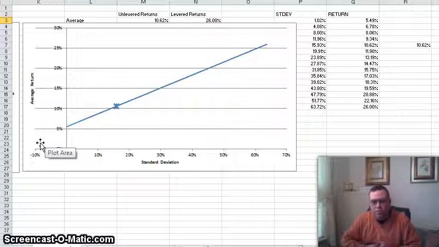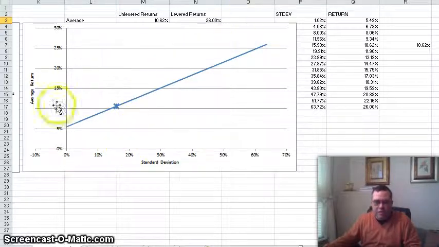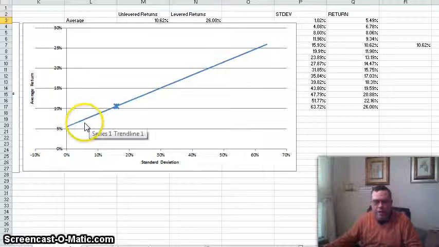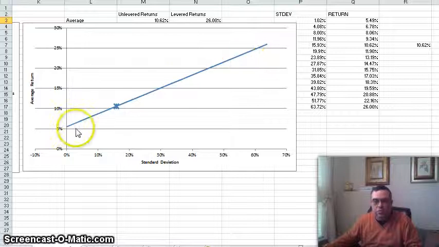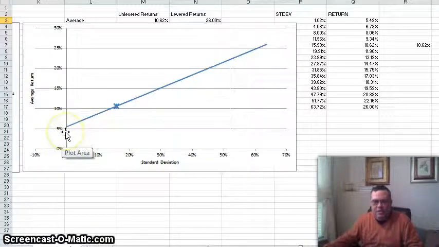You can use futures, you can go long in futures, short in futures, and things like that, to where it's really easy to move along this line. We have fairly sophisticated derivative markets that allow that to happen. So this is basically the risk-return trade-off that existed in the market over